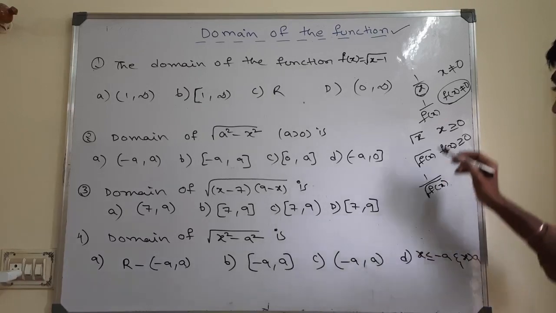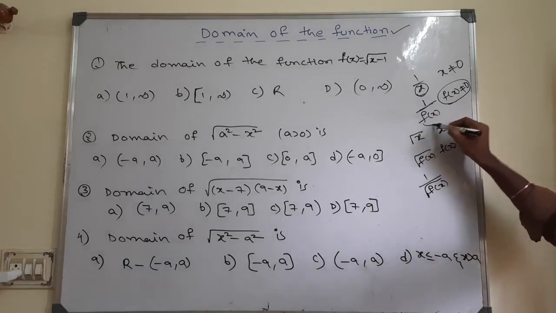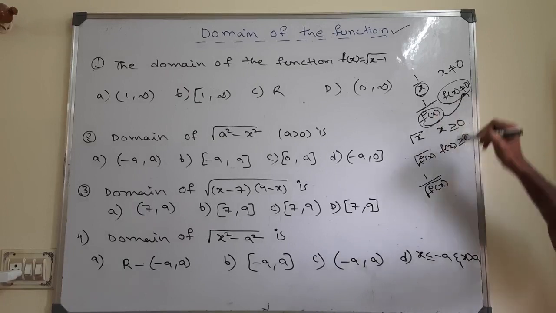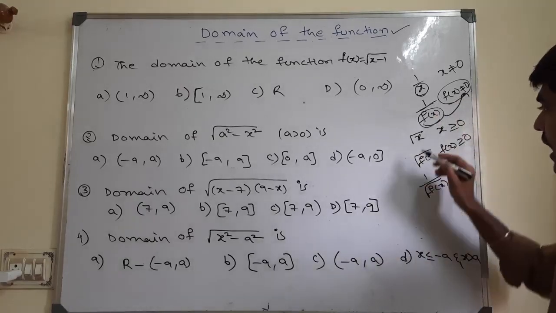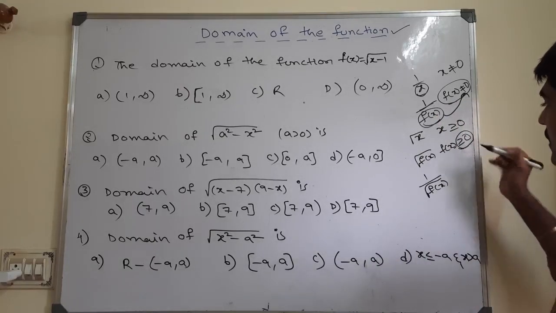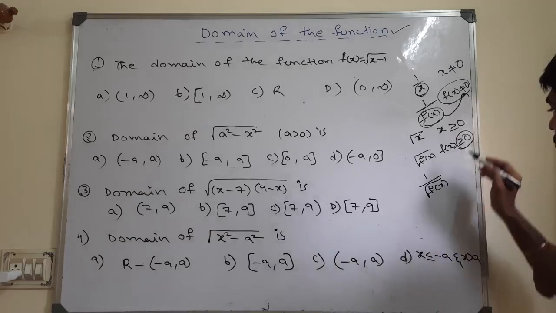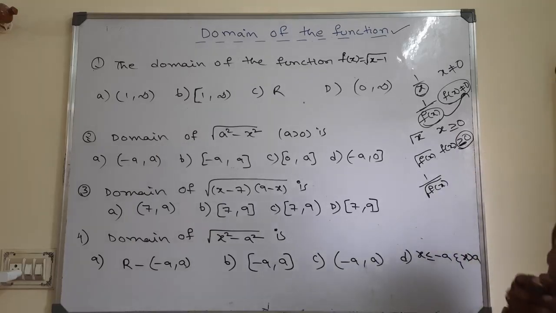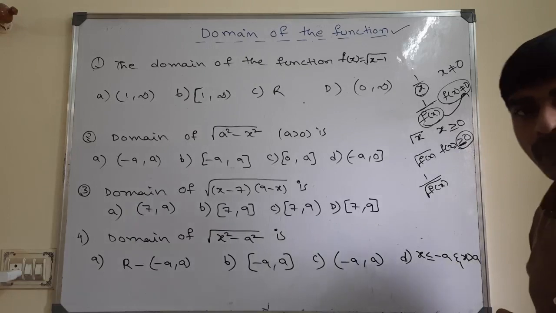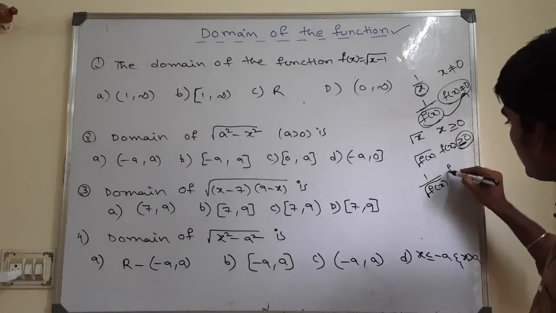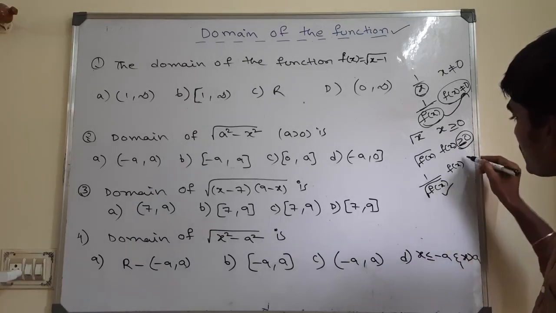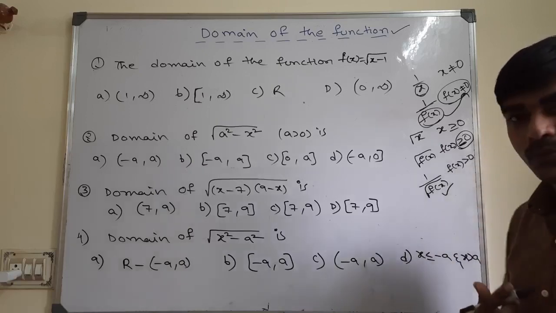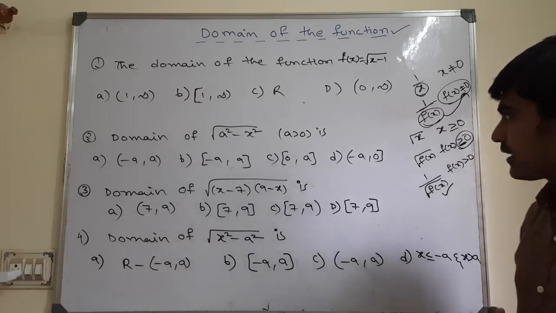See, you can see here, I told you 1 divided by the denominator value will never be equal to 0, and the under root value is always greater than or equal to 0. So is the equal to there? No, I am going to eliminate that. Let me eliminate it. Now what should I write? 1 divided by f of x means f of x is just greater than 0. Like that, many conditions are there.